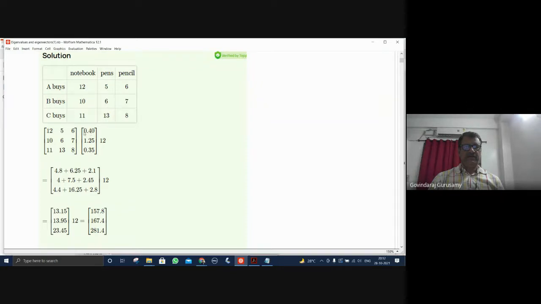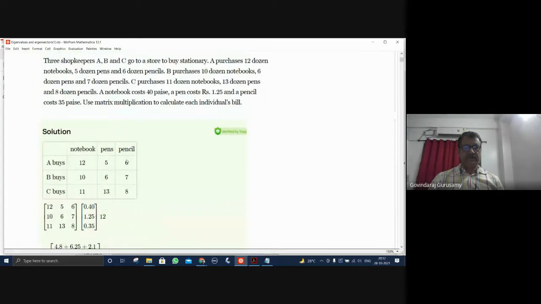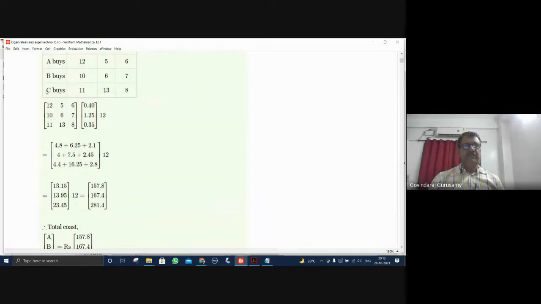And if you multiply this with this, this with this, this with this, correspondingly, I will get the cost for each person, how much to be paid for the 3 different items. And that is represented in terms of the dozen, therefore it's multiplied by a common factor 12. So this is the simplest thing that you can put in the form of a matrix, and there are many things that are available in this form.